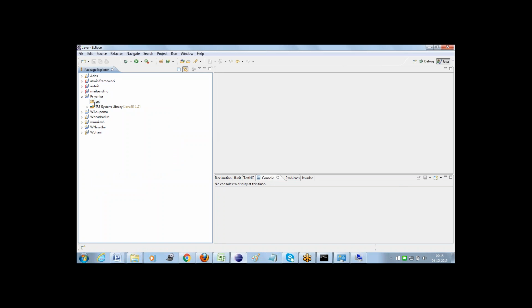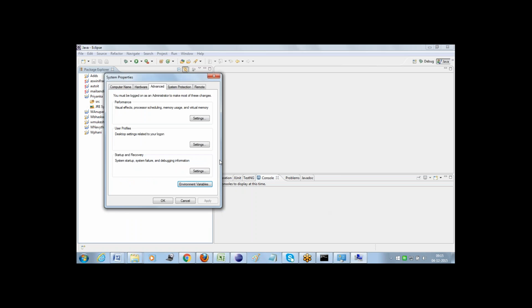Moving on to the other folder, which is the SRC, in which we are going to write our source code. Whatever programs we write, we write all of them in the SRC folder itself, under which we write our Java programs.